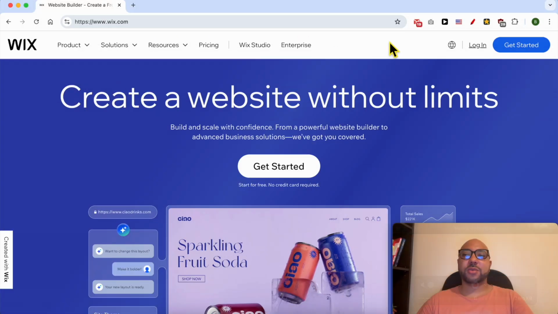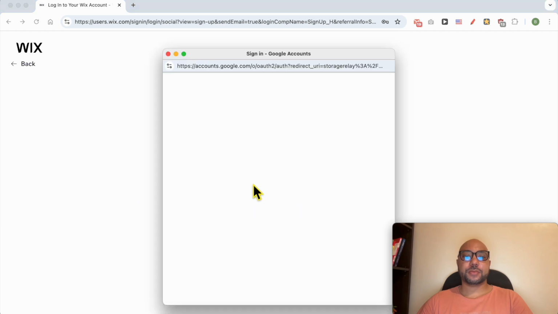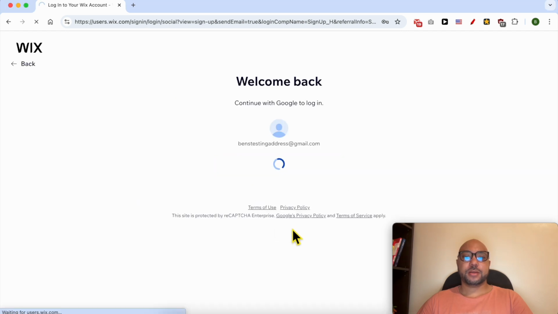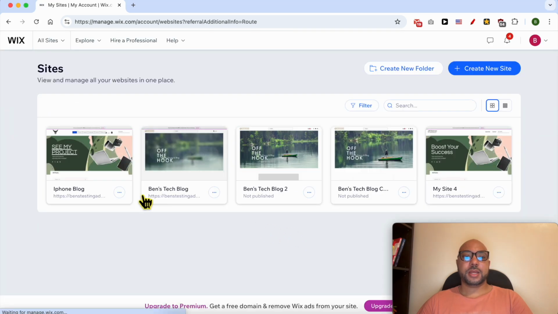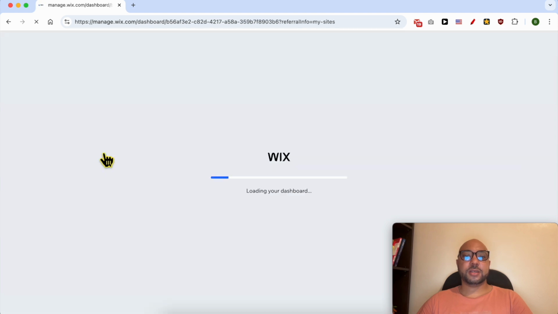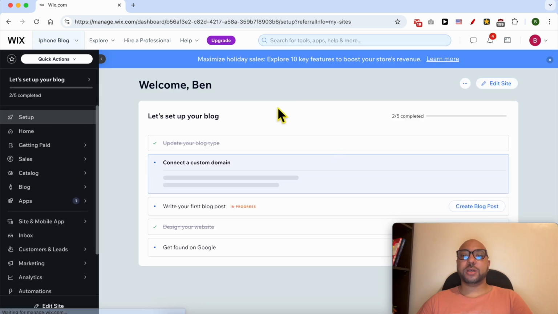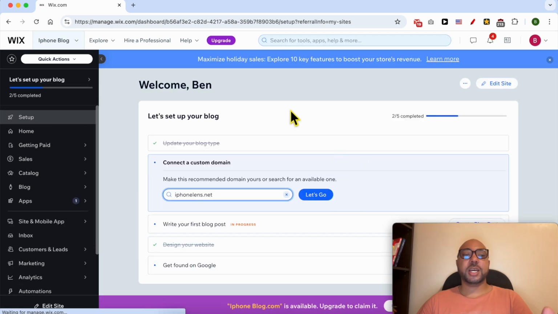This is wix.com website, and first I will log in to my account. Click on Select and Edit Site. If you have only a single website on your Wix account, you will directly land on this page after logging